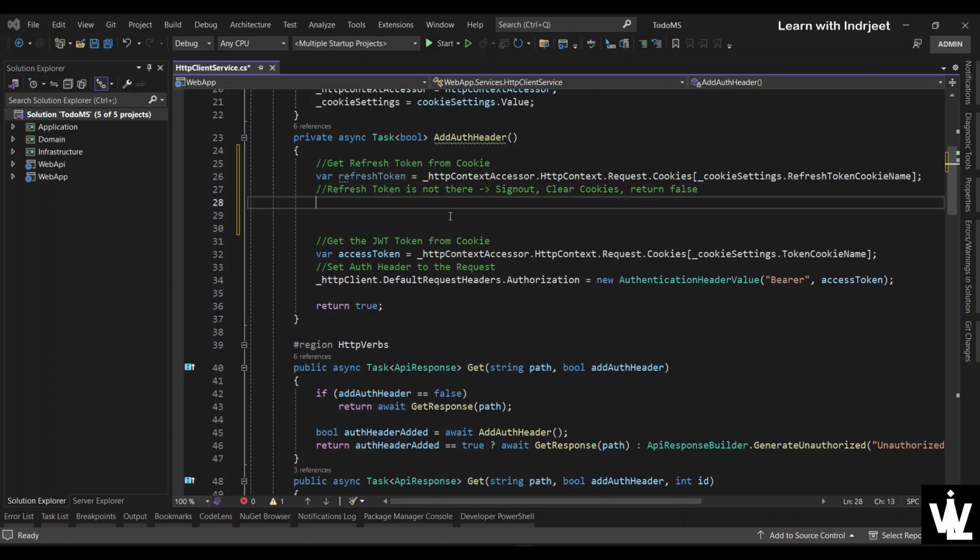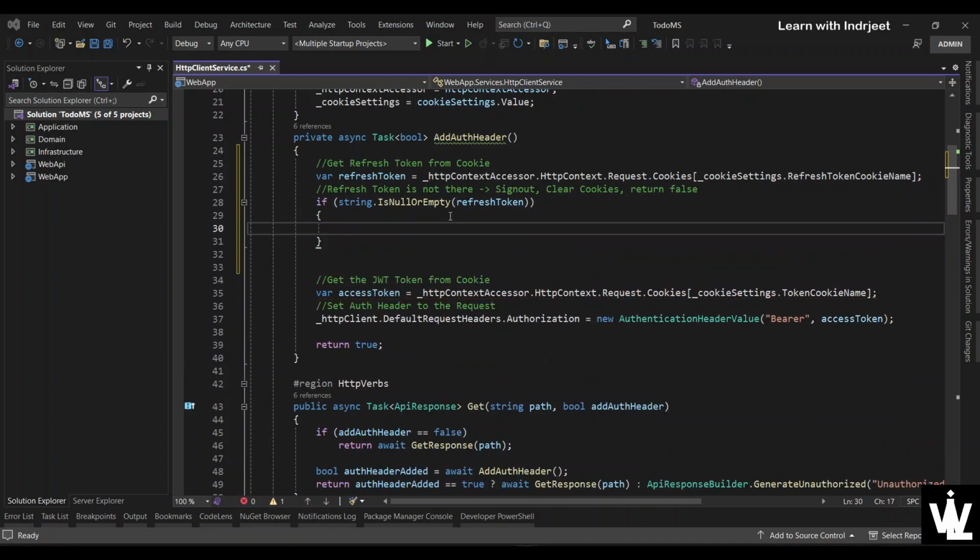Okay, so if string dot is null or empty the refresh token, then